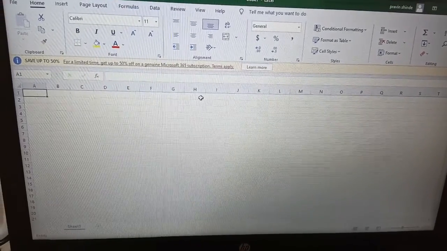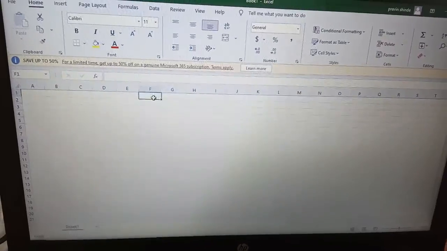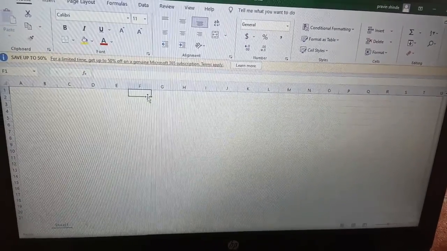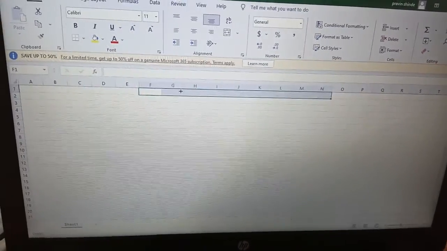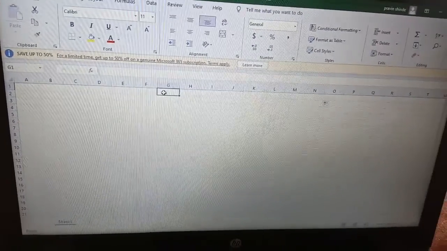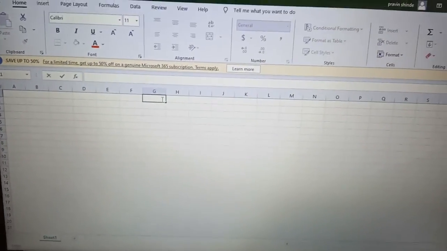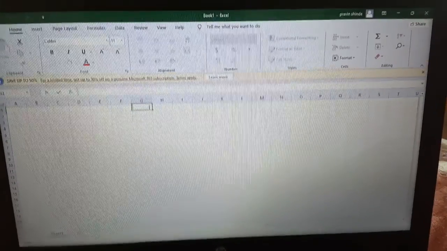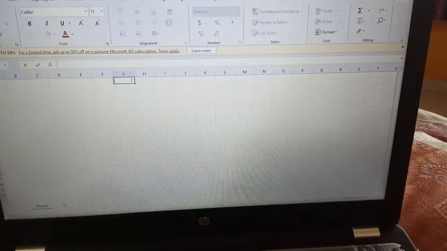So let's suppose I have to create my school name here. I will select F, make it bigger, till N, and then I have to click in this box. So I will write here the school name. Suppose your school name is ZP Primary School.